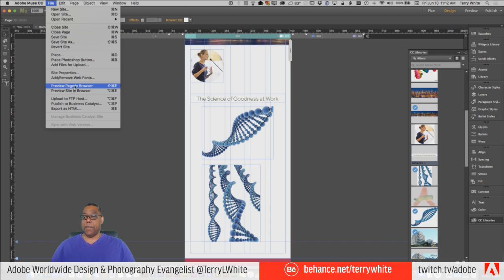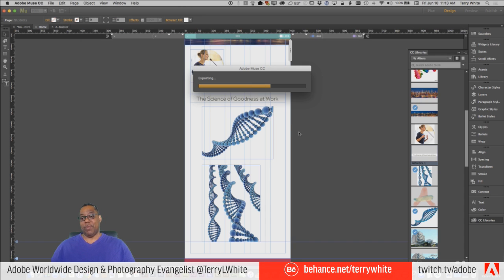Preview the page in browser. Why do I preview it in browser? Because to me, the browser is real, meaning that's the way it's really going to look in a browser, versus I could preview it in Muse. Muse has a preview panel, which has WebKit built in. But I just always prefer to render out the HTML and show it in the browser. Just a personal thing.